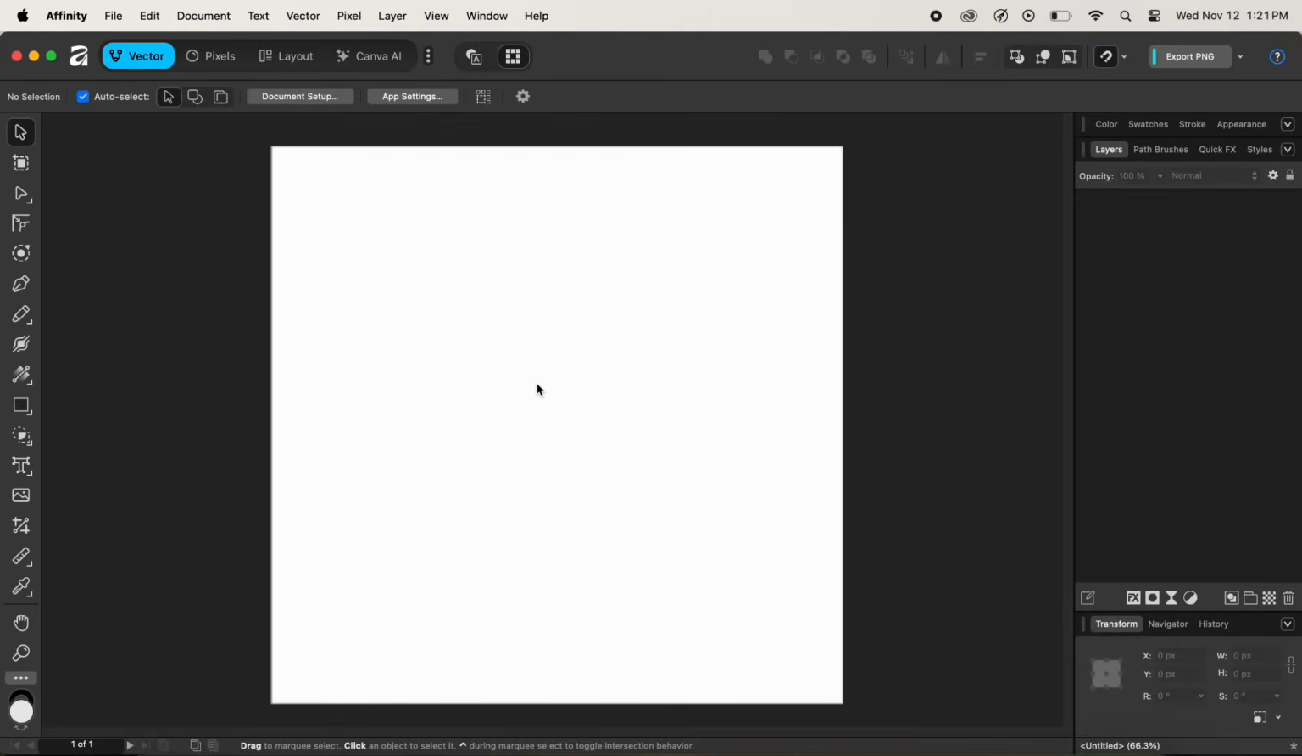In this video, let's explore how the pencil tool works in Affinity. To explore the pencil tool, first, let's navigate to the toolbar on the left and select the pencil tool. After we select the pencil tool, we can notice that the contextual property bar at the top changes with different